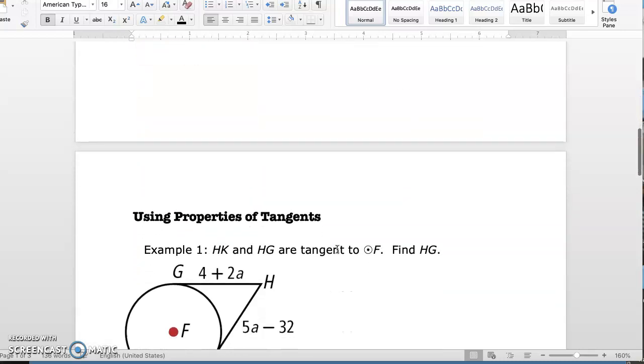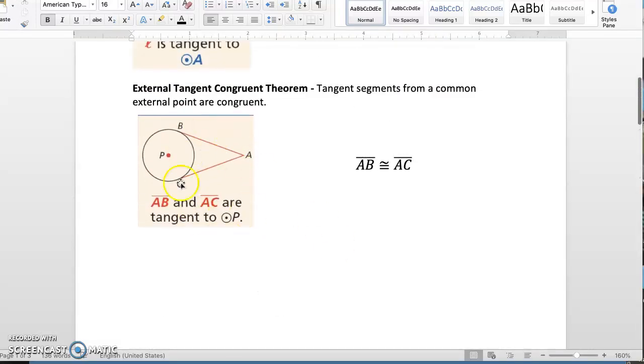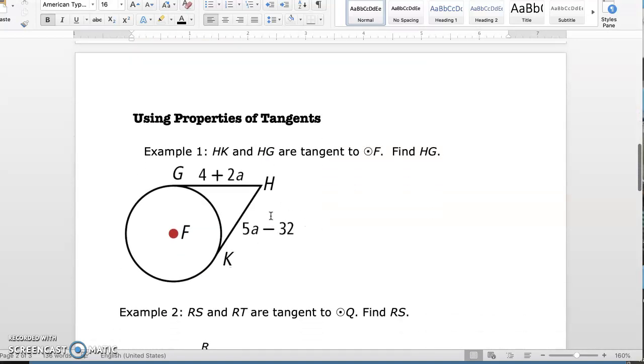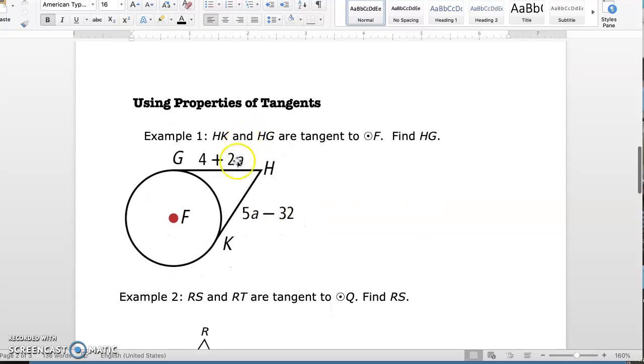So to show a couple examples of what that one really looks like, which is pretty much the one we focus on the most for certain parts of your homework, or at least the second half of your homework, let's say I tell you that HG and HK are tangent to the circle F. So it's already understood that they are tangent. We don't have to check and see if they are. And I want to know what is the length of H to G. What we would do is set up that HG